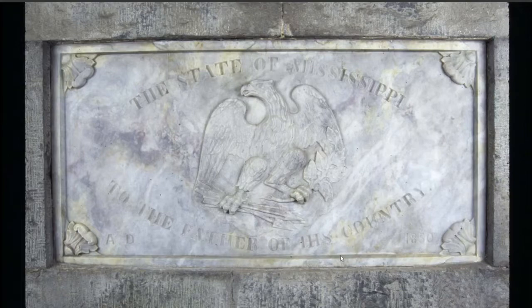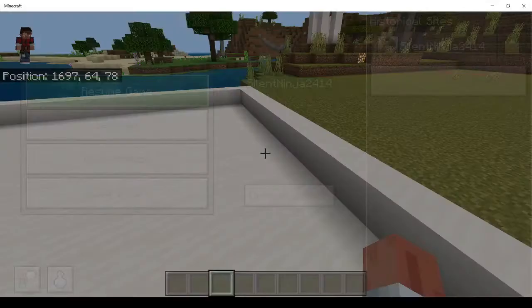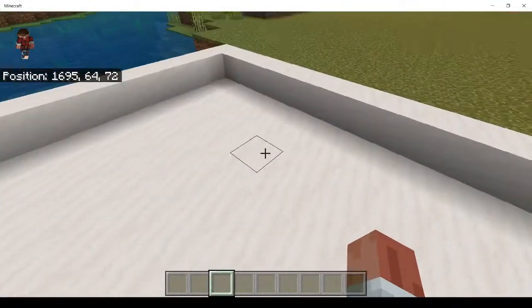Anyway, so enough with the interesting facts. Shall we move on to the step-by-step process of building it in Minecraft? Alright, shall we proceed with the